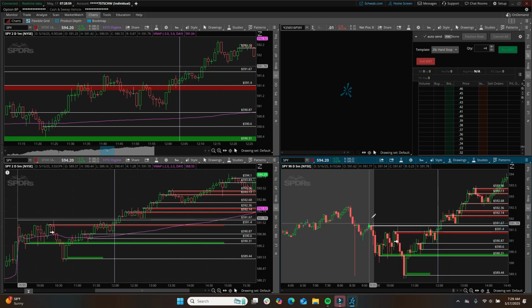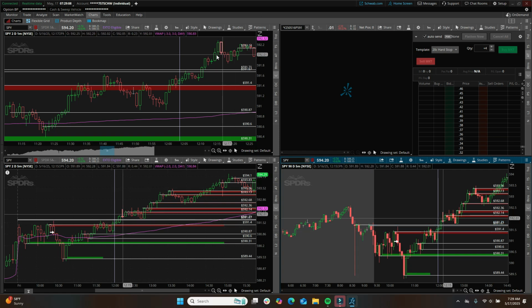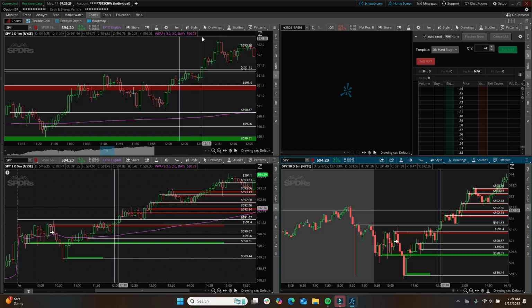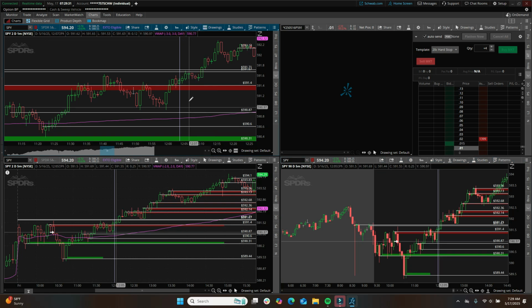So that's a pretty well-defined resistance area as well as here. So you got two areas that suggest that the price is not going to go further up, or at least it's going to be difficult to go further up. Now I understand that it's an uptrend, but I've been trained to look at areas that the price could turn around, and considering those areas, but I'm taking the trade. So in this particular case,